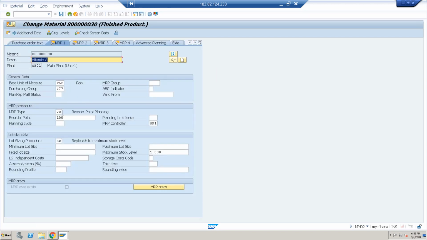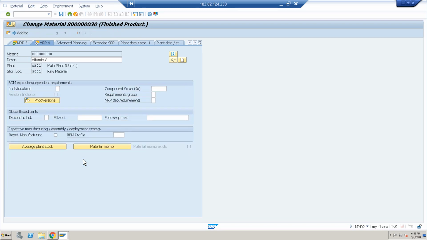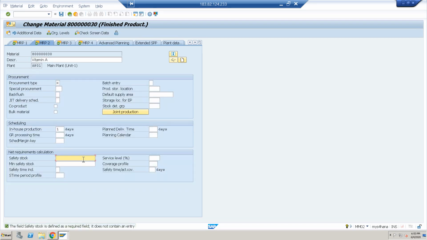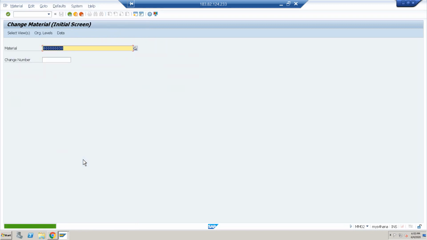Actually this MRP type is not working here, so change it to the demand-driven type, then go to H1 and press enter. Enter the safety stock, which is 197. Okay, the material has been changed.